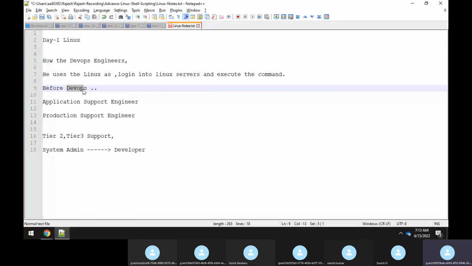Otherwise, if you strictly ask what exactly DevOps is, is he a system admin only, or a support engineer only, right? Because a DevOps engineer doesn't work on coding. Of course, he should have some knowledge of coding, but still he is not a true developer. He doesn't develop any application from scratch. He only supports that application.